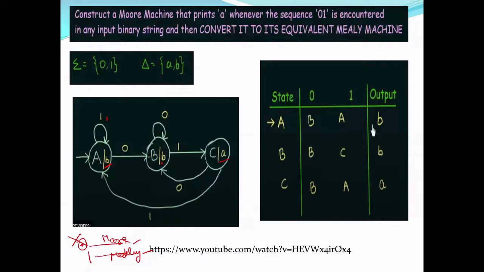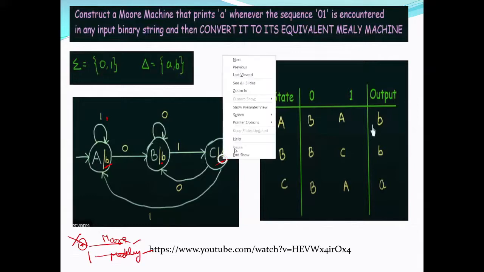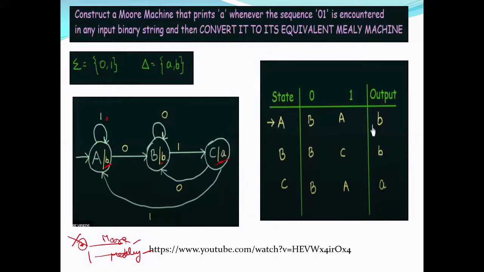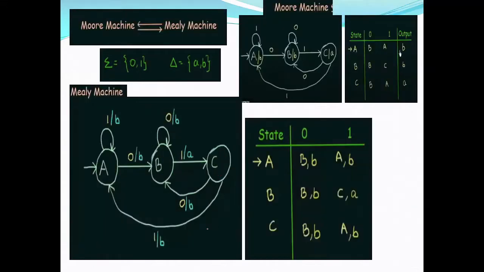So whenever you go to B, the transition that is going to B should produce the output that has been produced by B, right? Similarly, whenever you go to C, because the output in the Moore machine will be A, any transition which will make you come to C, or transfer your current state to C, should produce A. So it might be obvious for you. Whenever you come into some state, the state's output should be produced by that particular transition. So you move to some state, then it should be produced. Now look at this. This transition is coming into C.